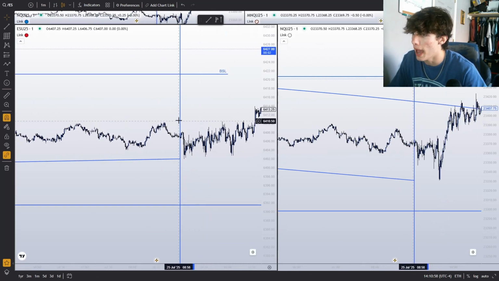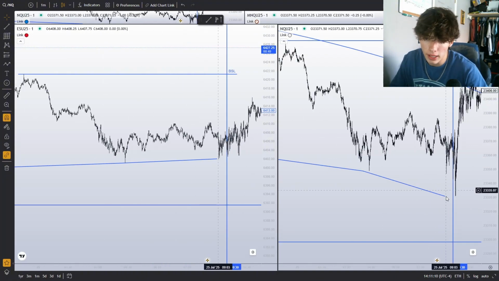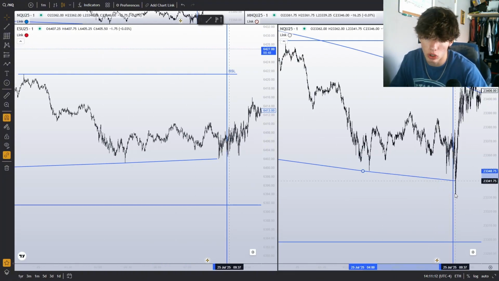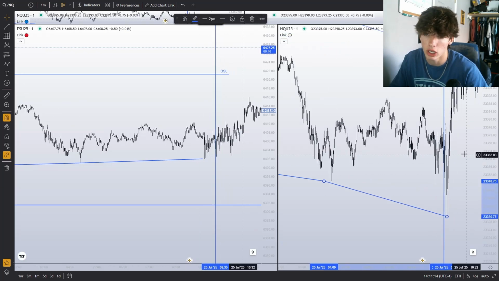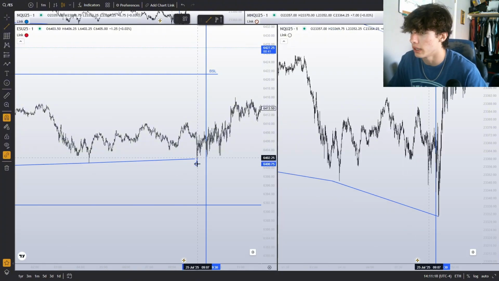This is mad choppy. We just literally chop around in this range forever. Then eventually we end up manipulating this external low one more time of this small range externally, but it's internal on the bigger time frame, right? We put in an S&T with that, and then what we see is the start of NQ bull run for